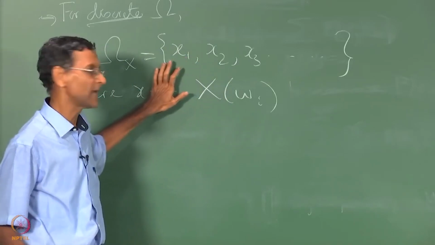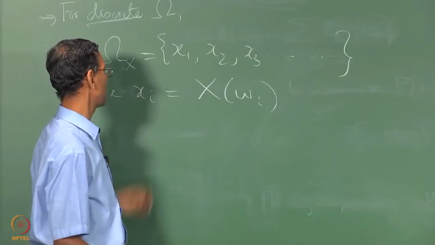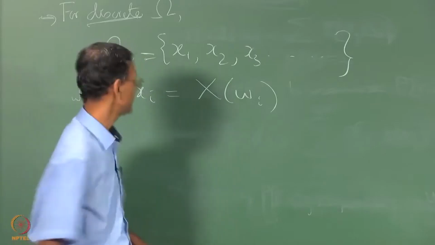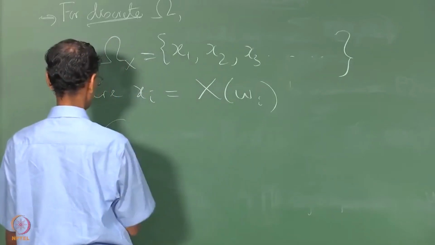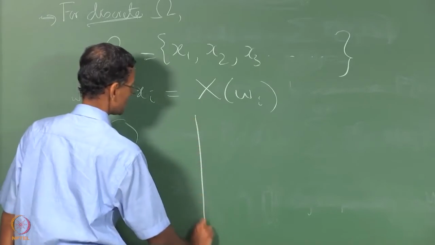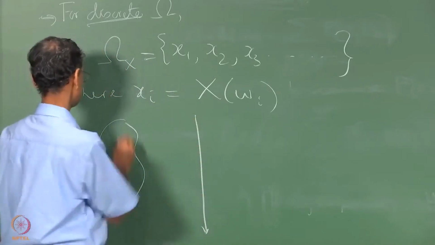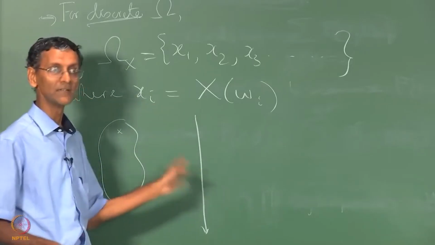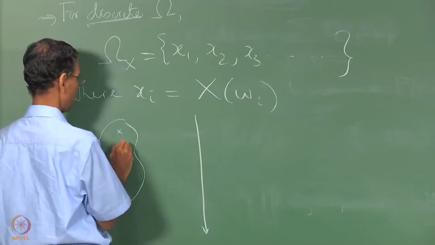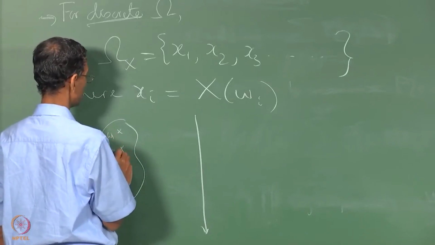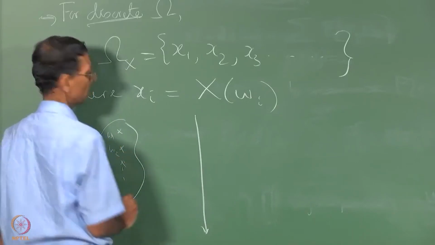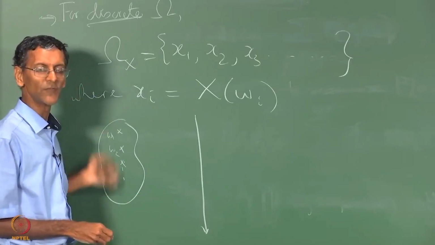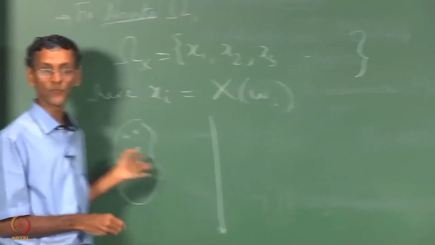But if you want to visualize this as a picture, you can draw this capital omega on one side, and draw the real axis here and do some mapping. Maybe I will do it since I am being recorded. So we will draw the real axis vertically rather than horizontally, just to make it easy to show the mapping. So you have omega 1, omega 2, whatever. Note of course that you can have a countably infinite collection of points here, there is nothing to stop you from doing that.